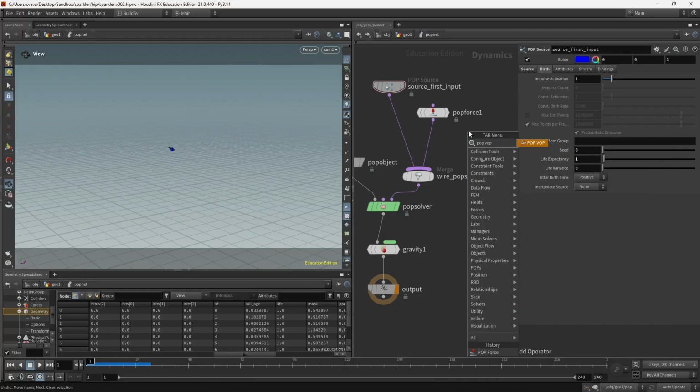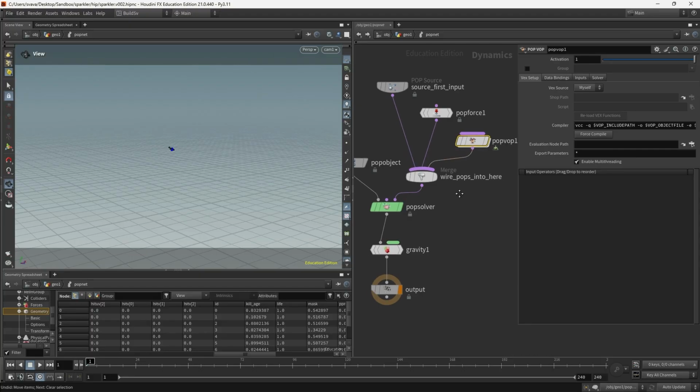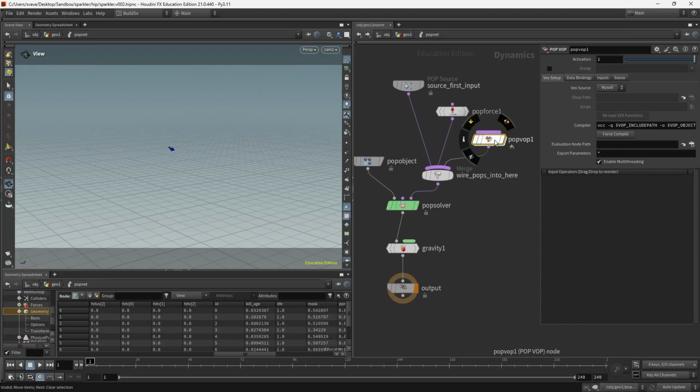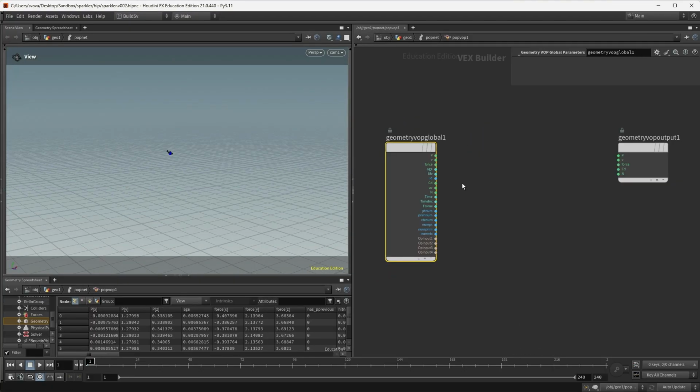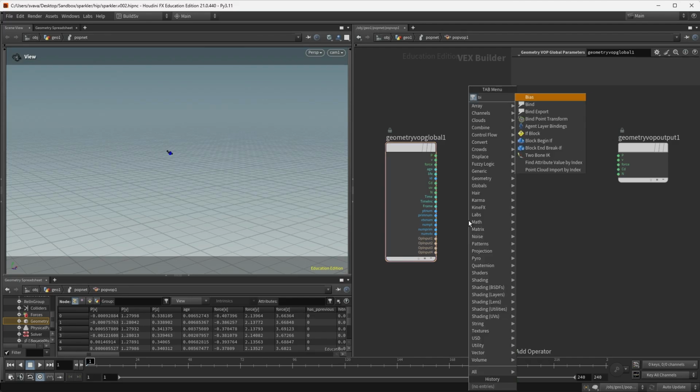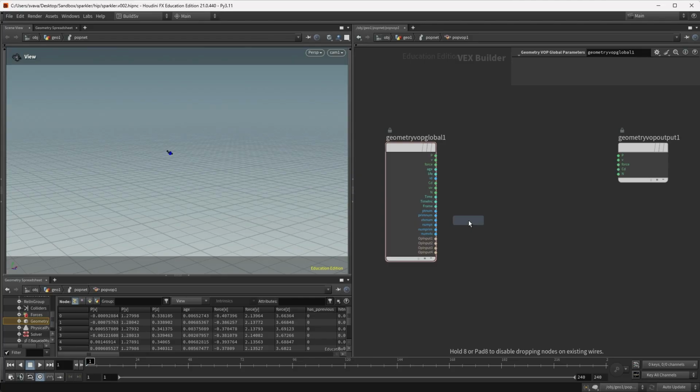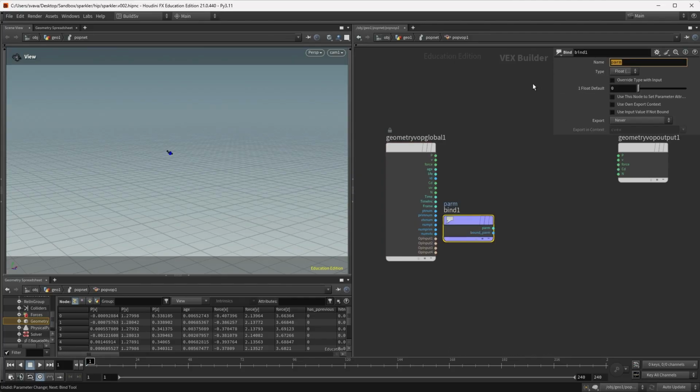So here I'm going to put down a pop wrangle, dive inside, and I want to compare the age to the attribute kill age. So I'm going to bring it in with a bind node, bind, and it's called kill age.